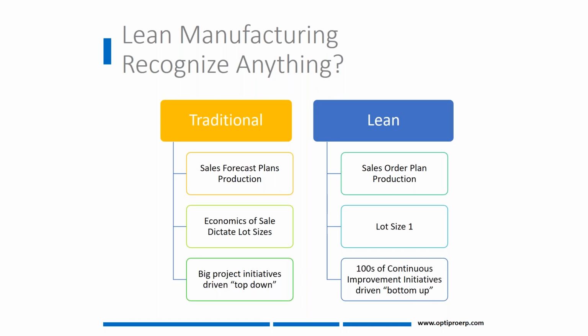Traditionally, we look at the manufacturing runs and we say, well, the more we produce, the less time we spend per unit, and therefore that makes it cheaper. Economies of scale. The reality is, in a lean manufacturing world, the ideal lot size is 1. If it's sold, we build it. End of story.